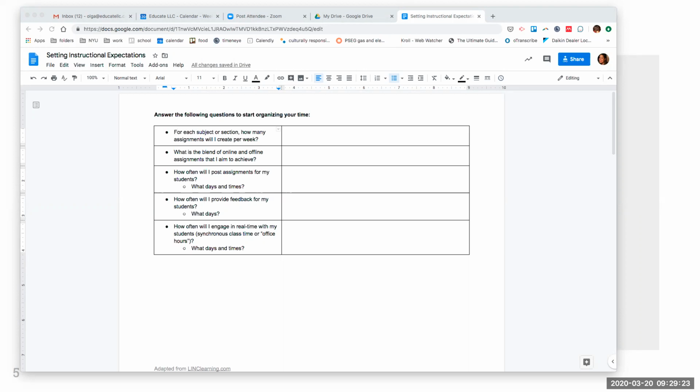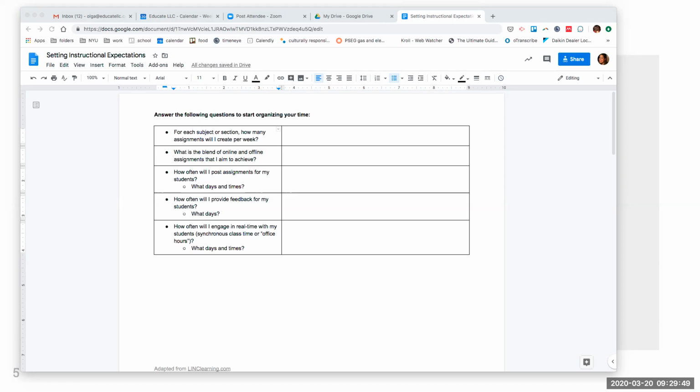There's also ways that you can convert whatever packets you gave and create them in this virtual space. So making an assignment and making it a Word document and saying, you know what, this week, instead of doing it on paper, I want you to type your answers into this document, and then you can see them, right? So it's going to be a lot of trial and error, especially for the younger kids.